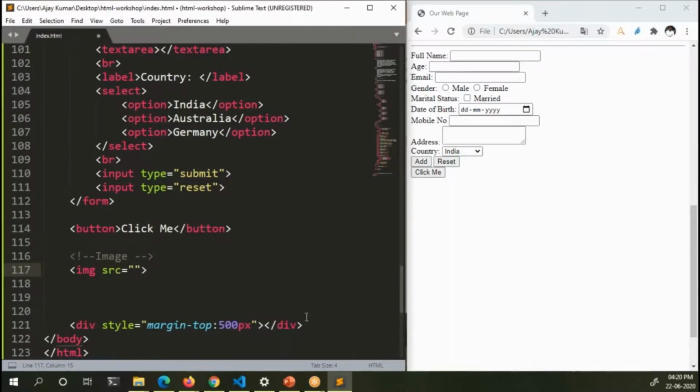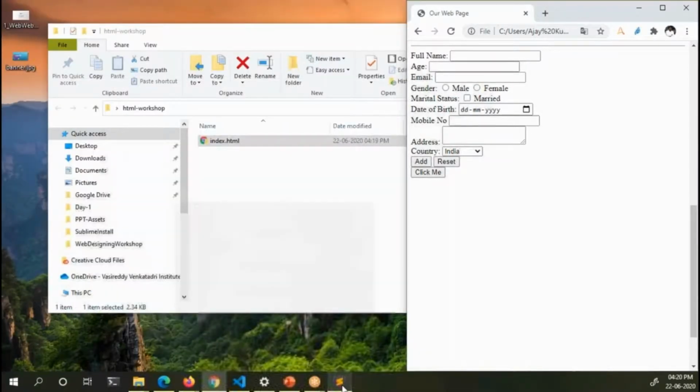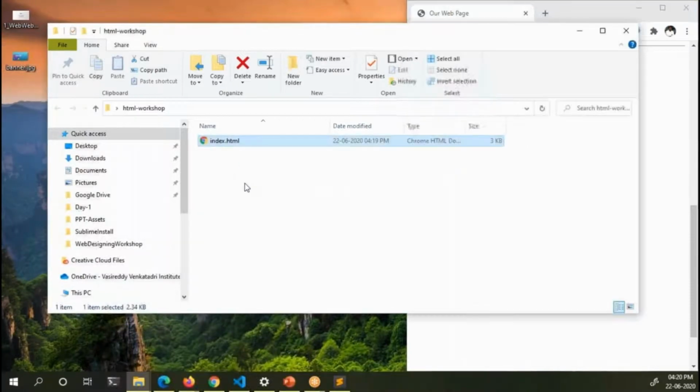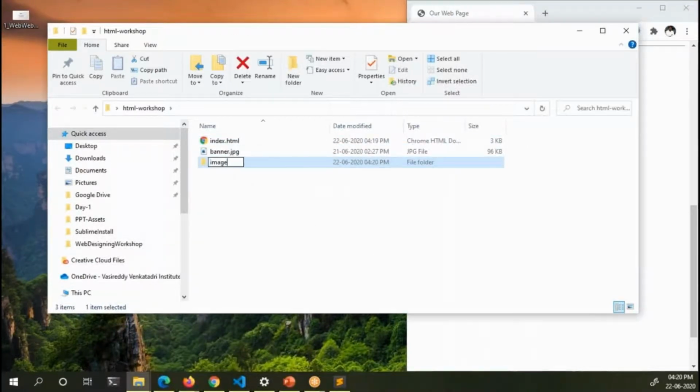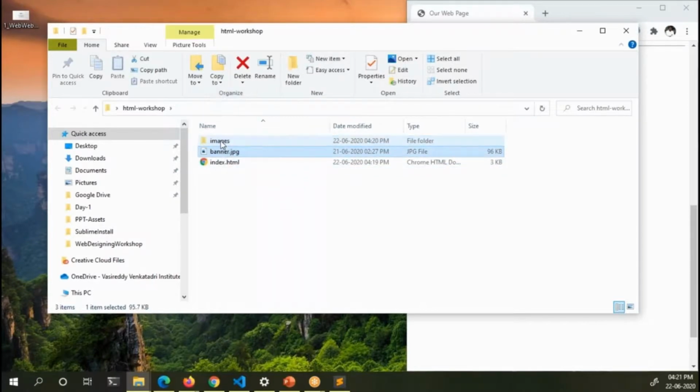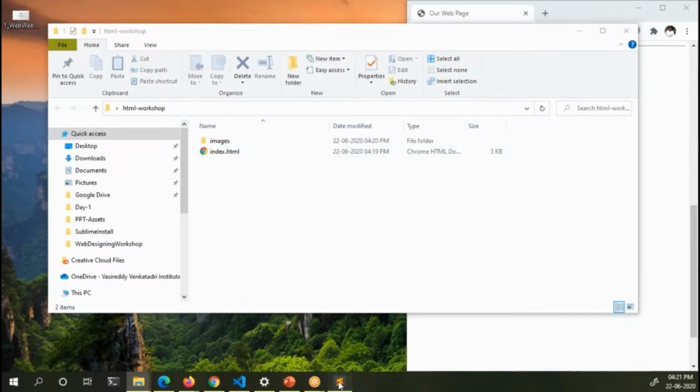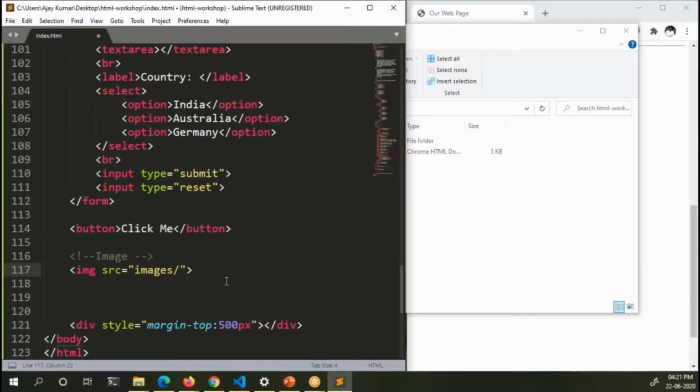Okay. So let me get an image first. So here we have a banner. I'm creating a new folder, images, in the HTML workshop folder, and I'm placing the banner.jpg in the images folder. And then what I'm saying is images slash banner.jpg.